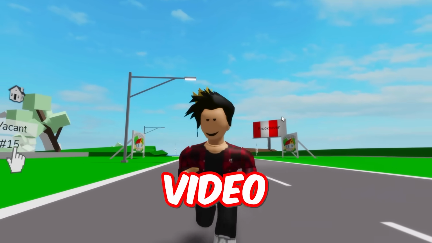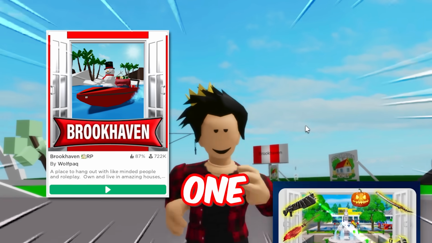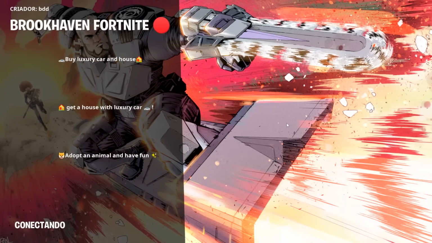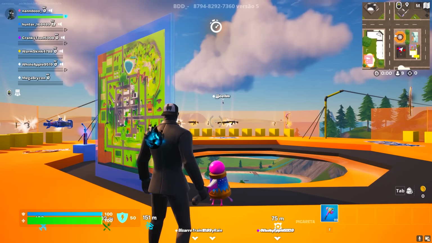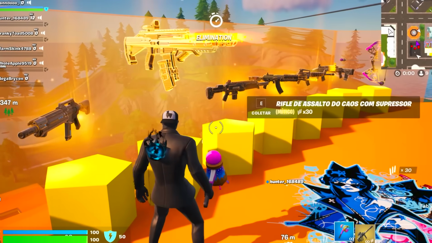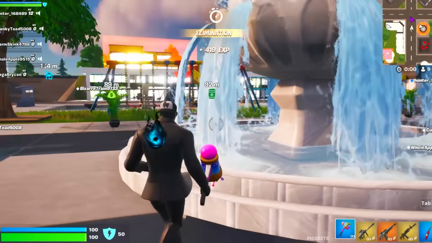That's why in today's video we'll be making a sort of comparison between the Brookhaven from Roblox and the one we got in Fortnite. When you log into the game, this is the loading screen you'll always see when opening it. Now on Fortnite, this is the loading screen, which has nothing to do with anything. And as you log into the game, you also show up in this completely different spawn area. It also has tons of weapons that we can grab. For us to start playing, we need to jump down here, and that's when you'll finally be inside the Brookhaven